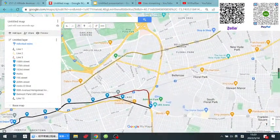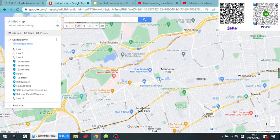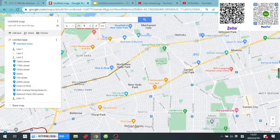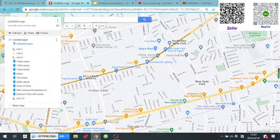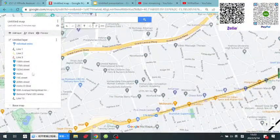Yeah, so what else can we do? I used to propose for it to go to like Lake Success, but that's too far. I will just keep it here, and I think it's pretty good. Wait, let me see something. Yeah, I will just keep it like this, and then we'll do the stations. And I do plan to make the stations further apart, like the typical